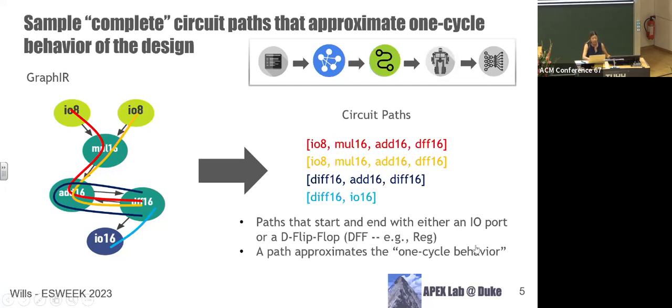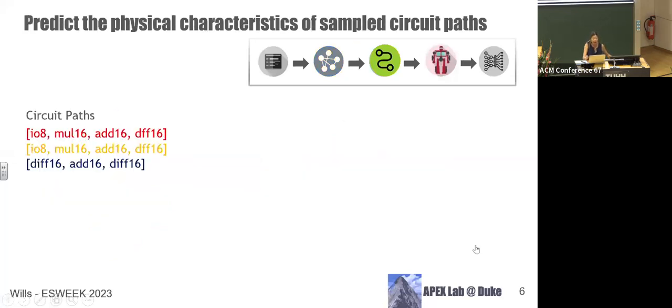And we use a depth first search based algorithm to randomly sample a subset of the complete circuit path to form a path level data set for training the predictor. And more details of the sampling methodology is in the paper. Okay, so once we have the sample circuit path, we want to now use a predictor to predict the physical